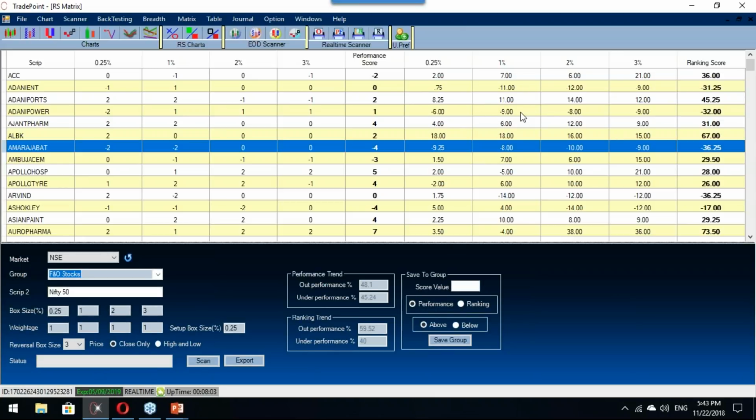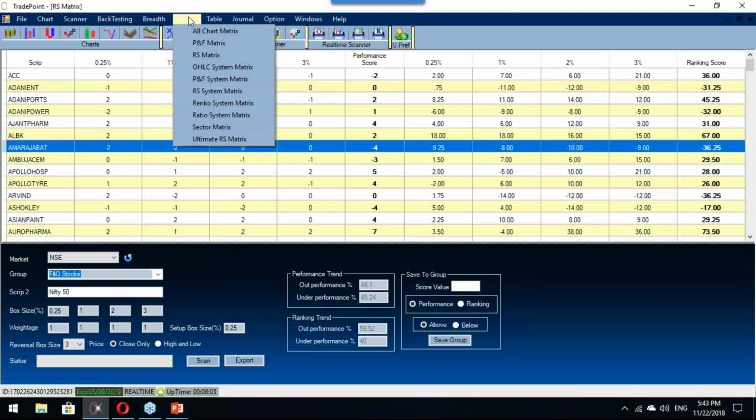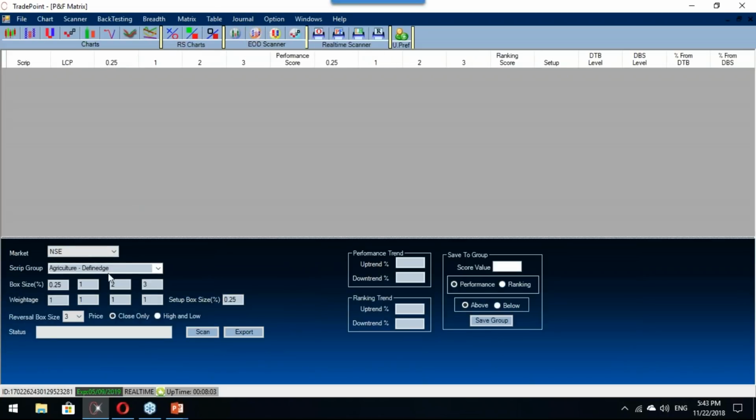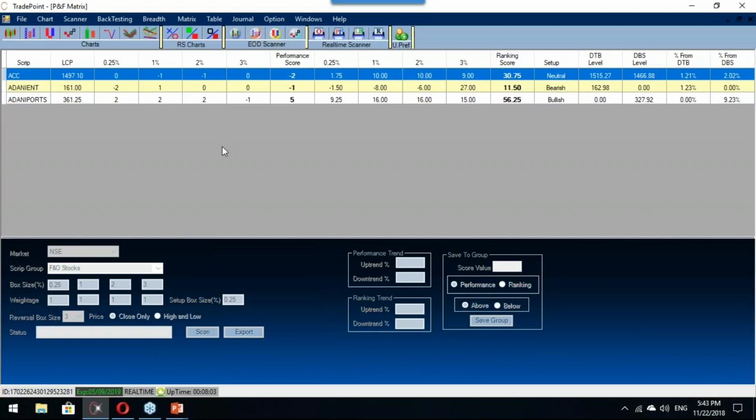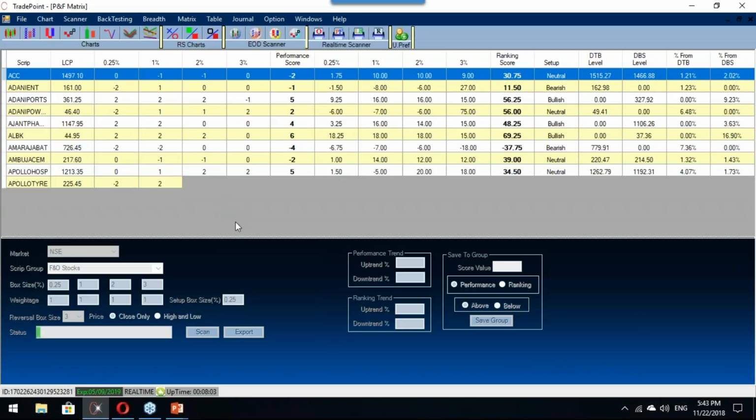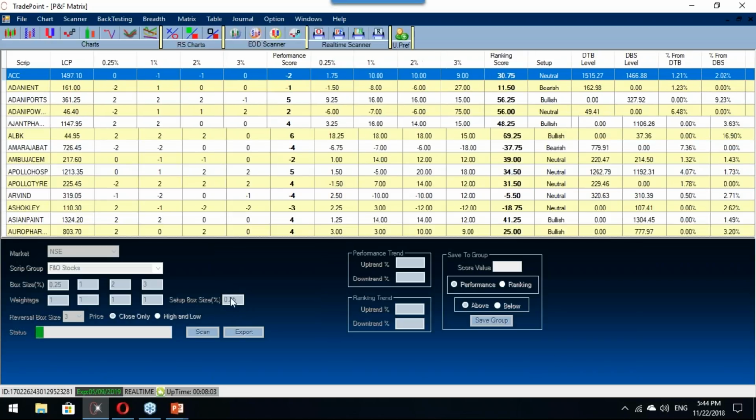What am I trying to do here? What should I import? Can I not pull in the performance scores based on the individual price chart? I can do that, right? I can pull in the performance score based on the individual price chart, and I can also pull in the setup, isn't it? If I run separately, if I go to the P&F matrix and choose F&O universe, and click on scan, maybe I can rerun this using the setup, the boxes in the setup